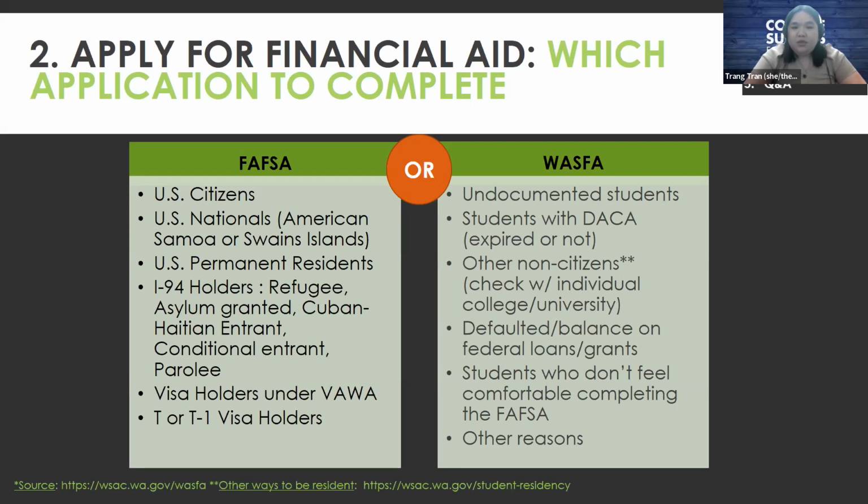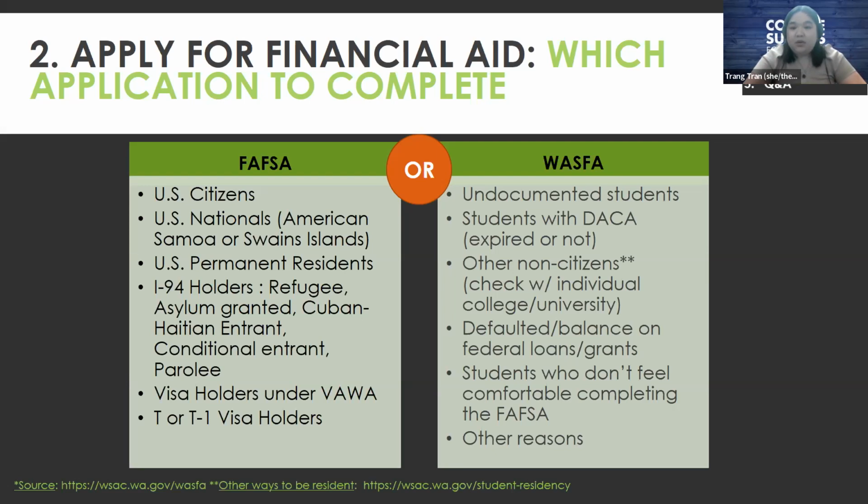Now, students who can apply for the WASFA are students who are undocumented, students with DACA, whether their status is expired or not, other non-citizens, and students can check with their individual college or university to see if they can apply for the WASFA. Students who defaulted on federal loans or grants, meaning that they failed to pay back federal loans and grants and are no longer eligible to apply for federal aid, but still want to apply for state aid, can apply for the WASFA. And students who don't feel comfortable completing